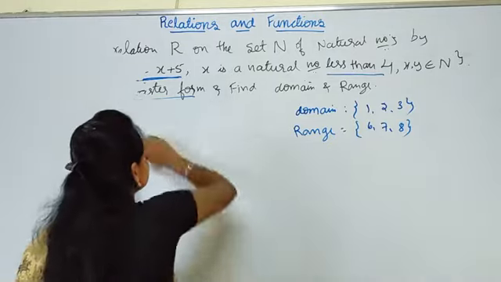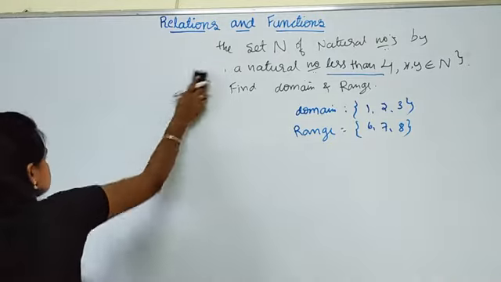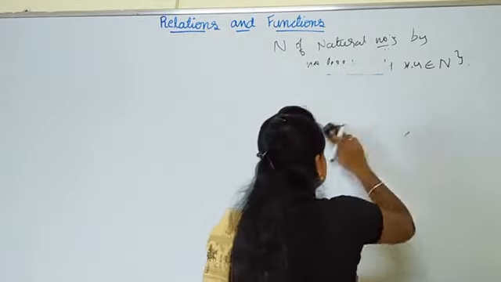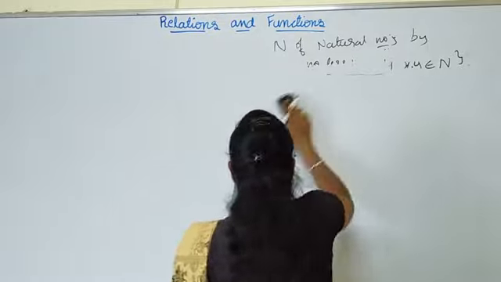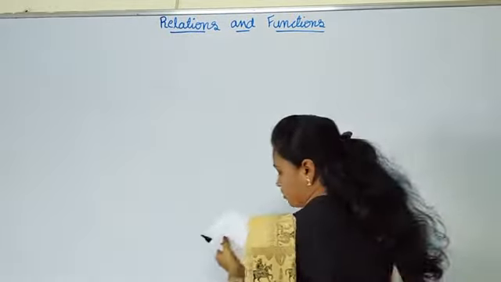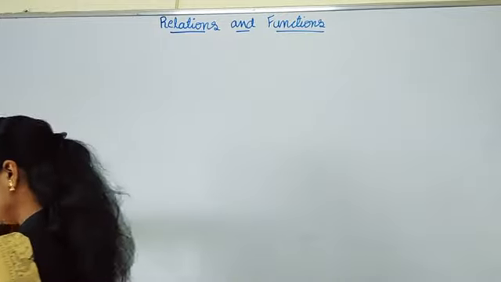So these are all very simple problems. First you have to write the relation. So then clearly, easily you can write the domain and range. Okay. So the next problem is,